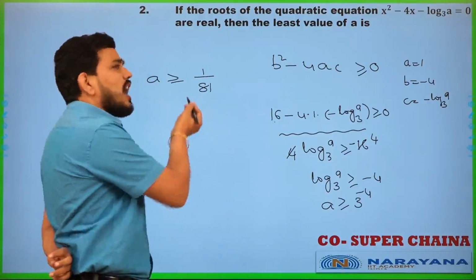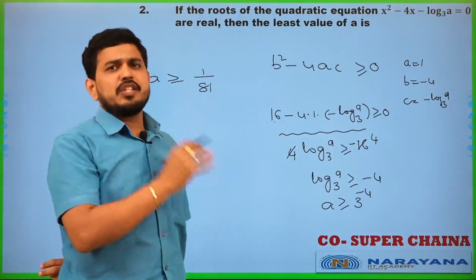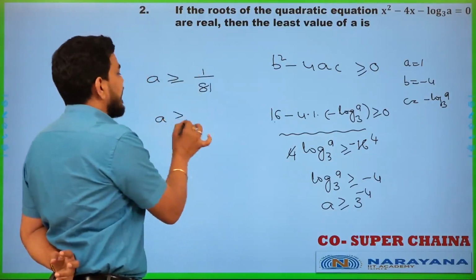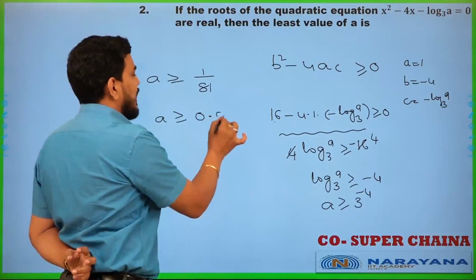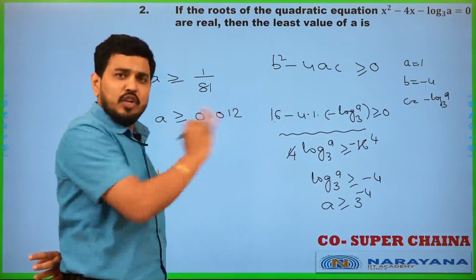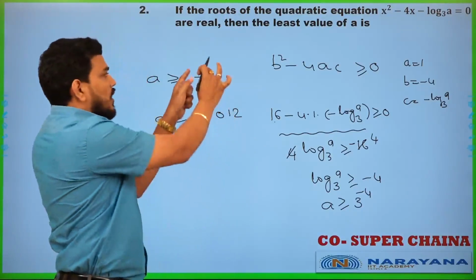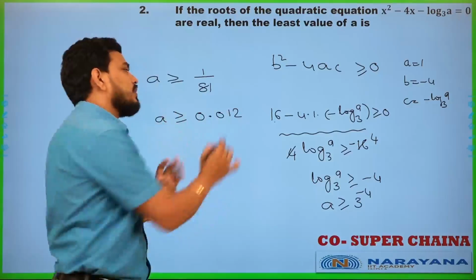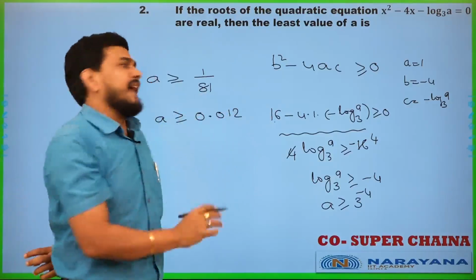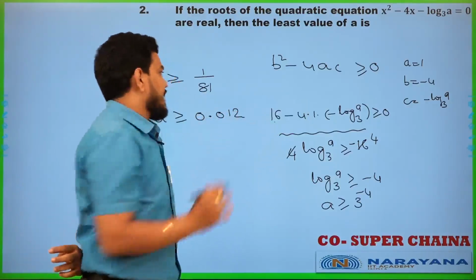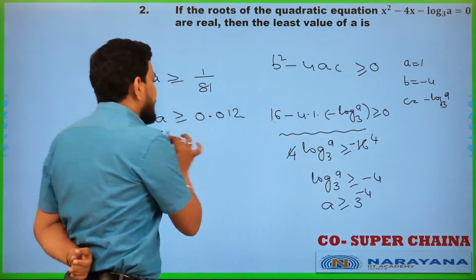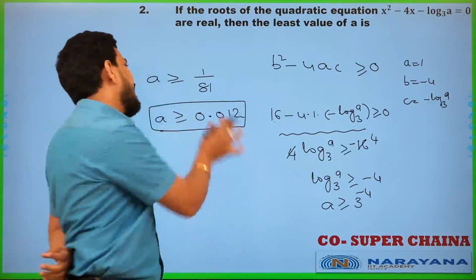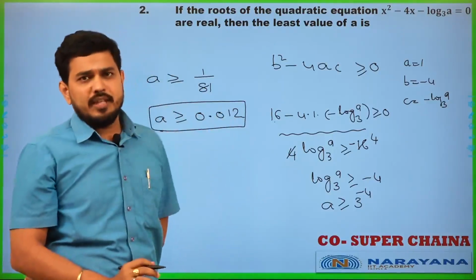If somebody asks a numerical question and you want to write the value here, it is a greater than or equal to 0.012. Simply look: 1/8 is 0.125, so it is a little more than that. You can go ahead with this, and if really required, maybe 4 decimals will come, but it depends on the situation and what they are asking, how many decimals, depending on that you can think about this particular point.